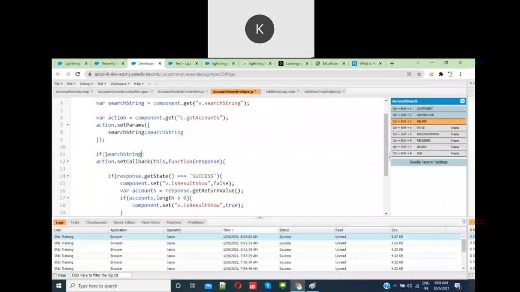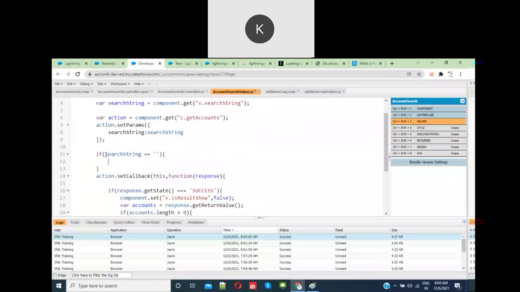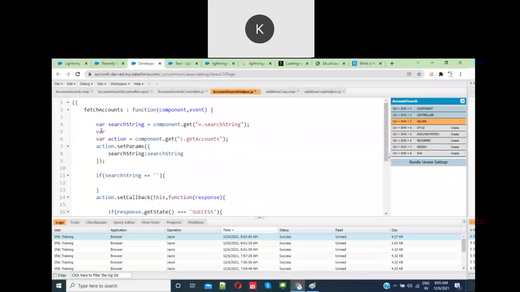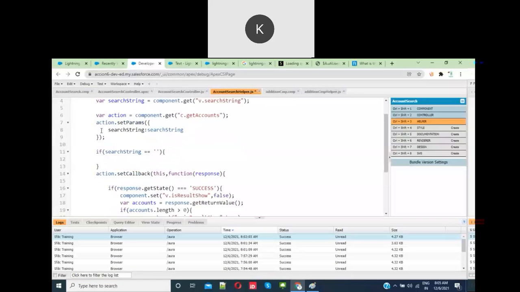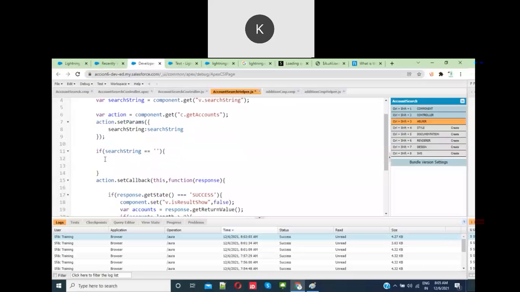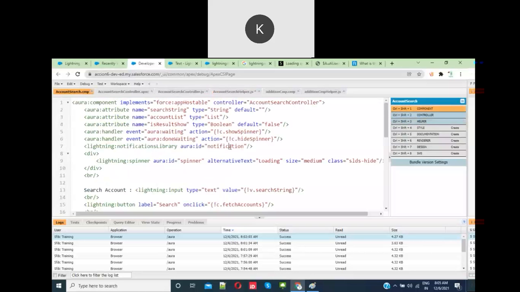Okay, so for that, what you can do is you have to get the notification component, component find, or you can directly do here component find of our attribute, the ID we have given, notification,